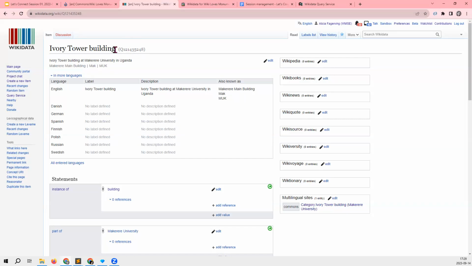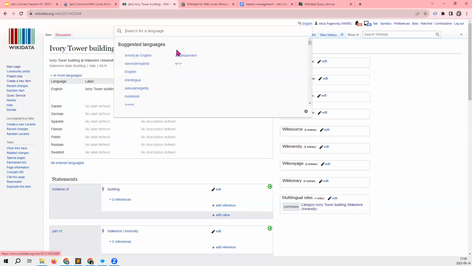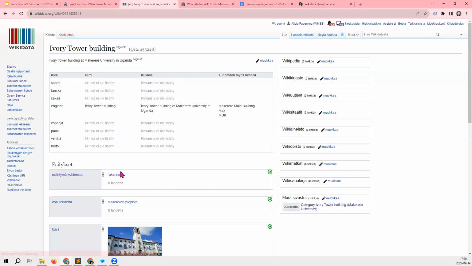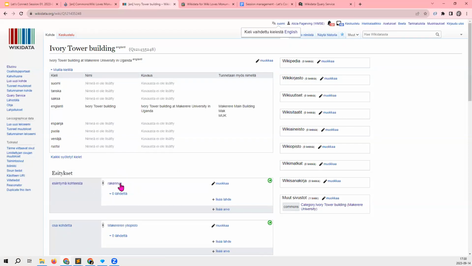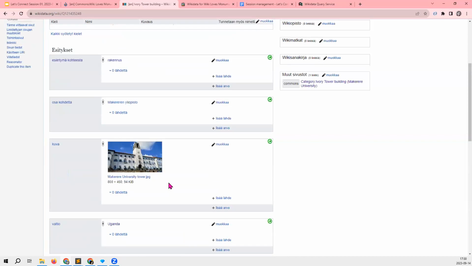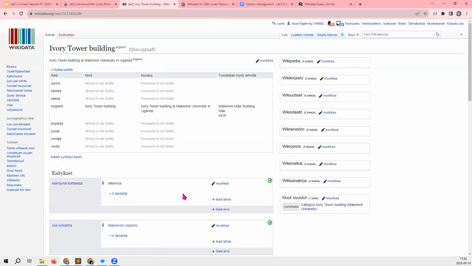When you instead have Wikidata items, then they can be multilingual. I can switch my interface language to, for example, Finnish, and I will see all the information about the monument in Finnish. So even if I don't speak the language of the list very well, I can still see the item and understand what it's about, and I can improve it.